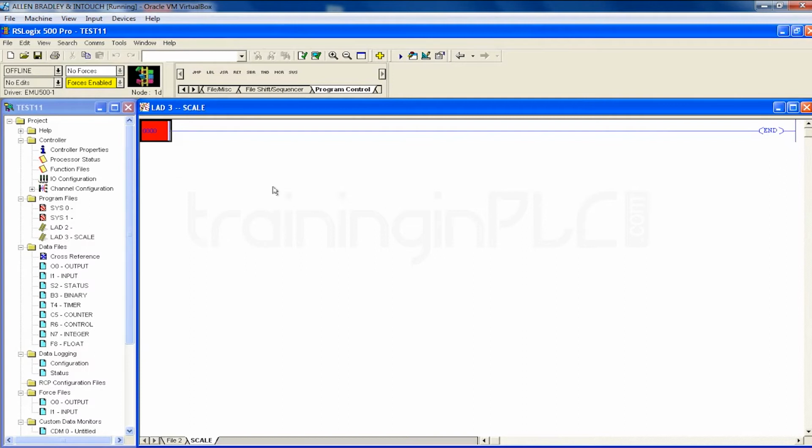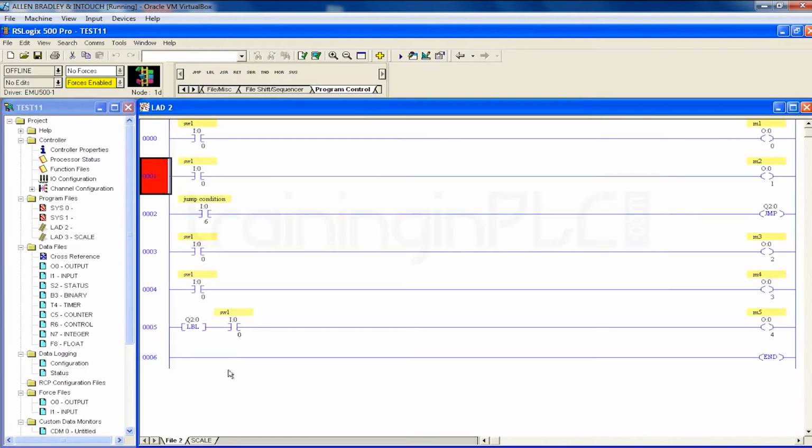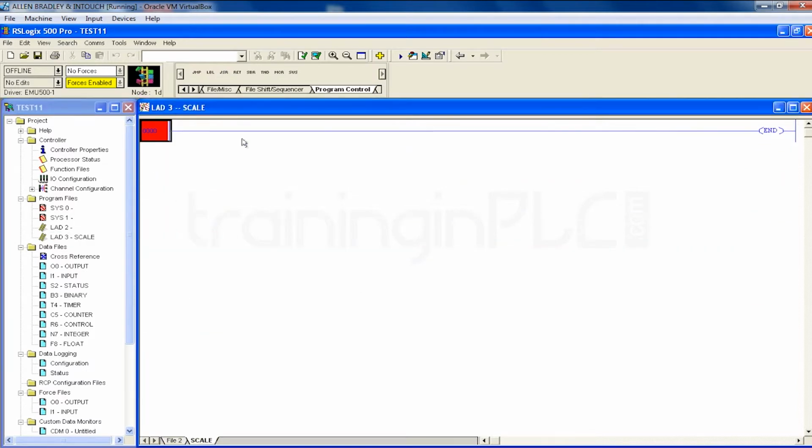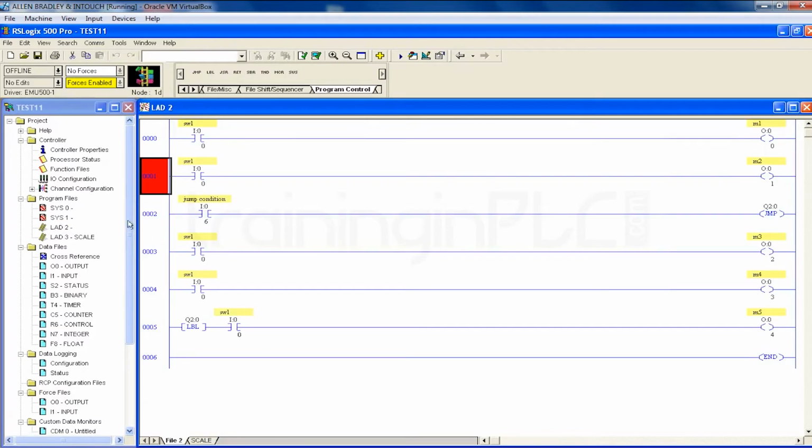You may write a program over here also, but you need to give a reference from the main page. That reference you can give by using the subroutine instruction. You need to use the jump to subroutine instruction so that you can make the project read this page also, right? So let's see how to use that.